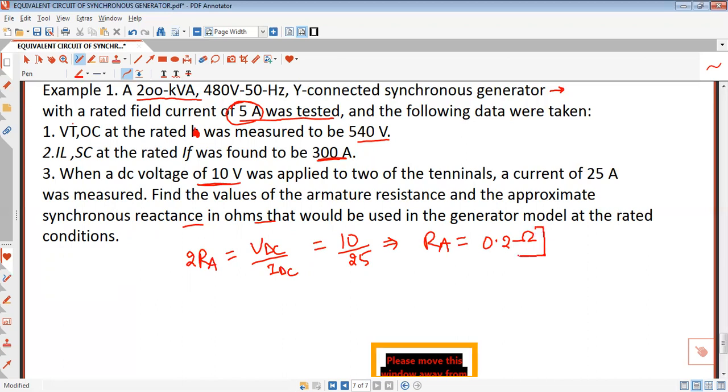Here we can also find the internal generated voltage at the rated field current. Our rated field current is 5 ampere, and the rated generated voltage is 540 volt. So we can write EA, which is equal to VT open circuit, the open circuit voltage, which is equal to 540